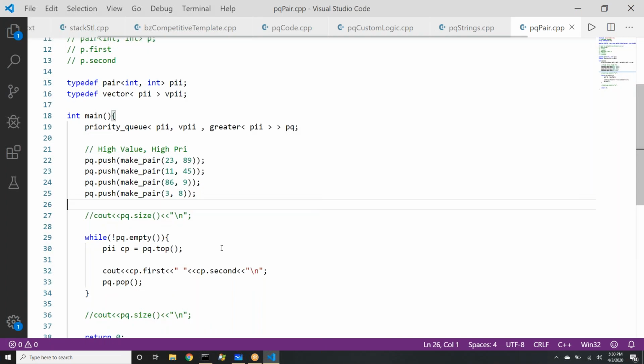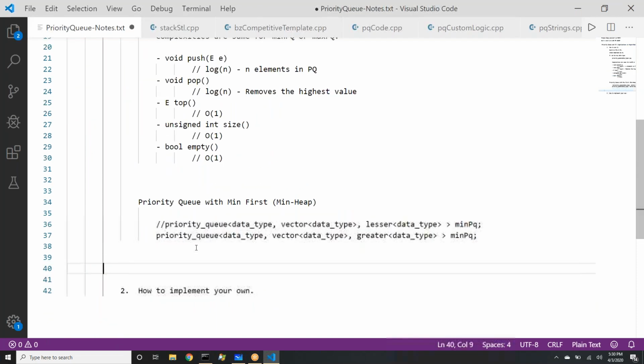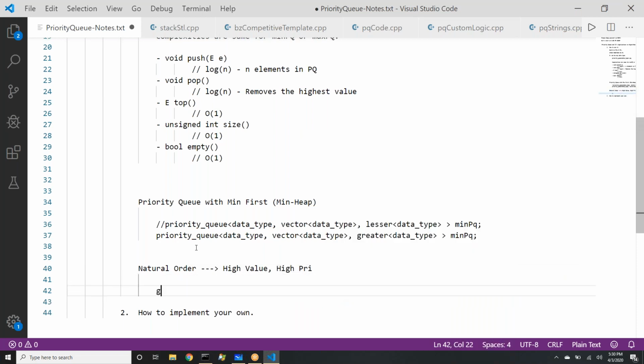Perfect. Okay, so now we understand the priority queue and the ascending order, descending order, which people call natural order or unnatural order. Right, so natural and reverse natural. So we know natural order for numbers is ascending, but priority queue treats natural order as high value, high priority. This is what the default behavior was. If you want to change that, we talked about using a comparator for the data type. This is what we started using. It will give us the natural order.